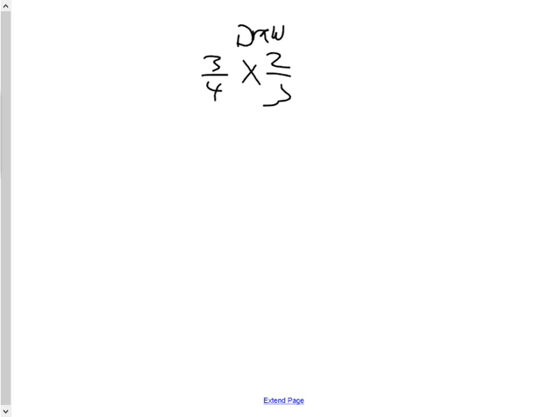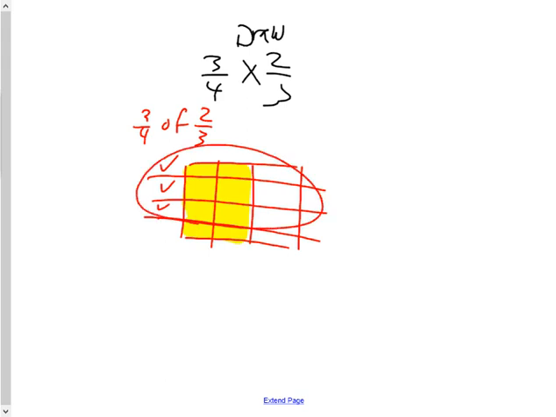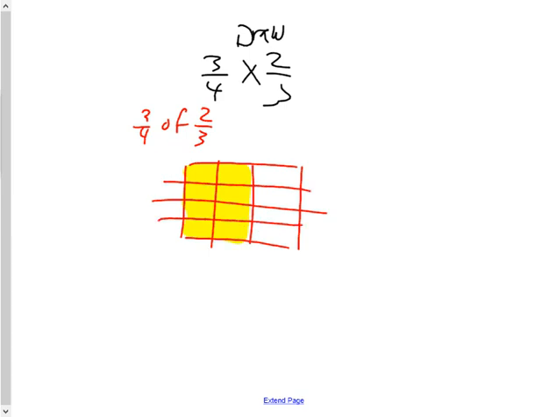Draw for this one. You take 3/4 of 2/3. So counterintuitively, the first fraction we have to draw is 2/3. Because if I think about what this says, it says 3/4 of 2/3, which means I need to start with 2/3 and take 3/4 of it. This is a quarter, this is another quarter, and this is another quarter. So altogether, that represents 3/4 of